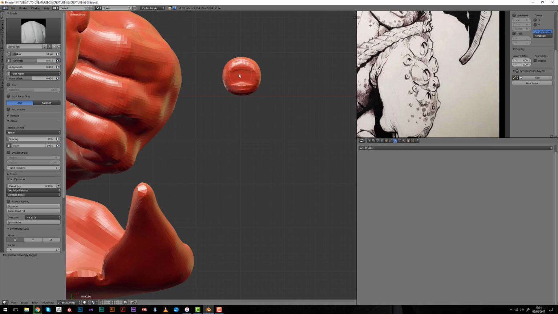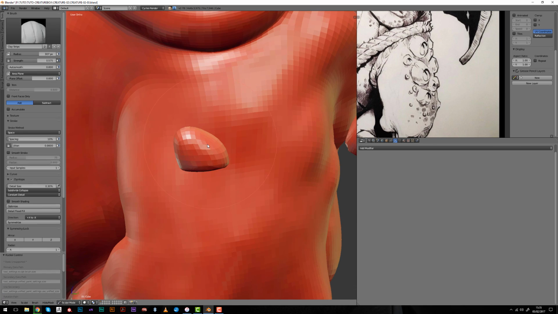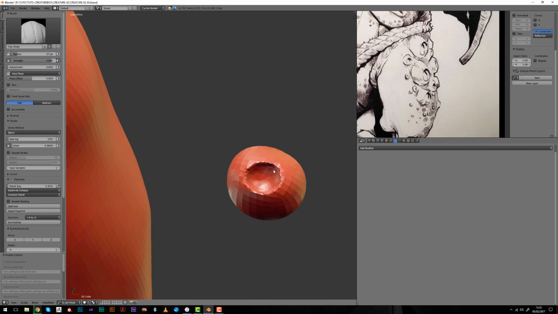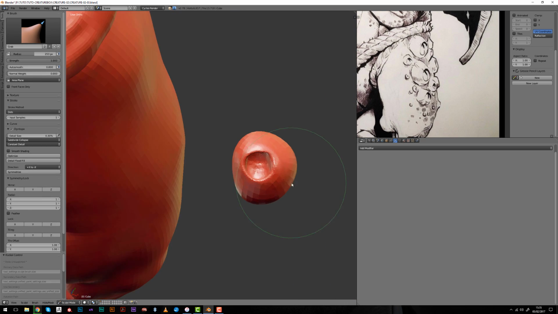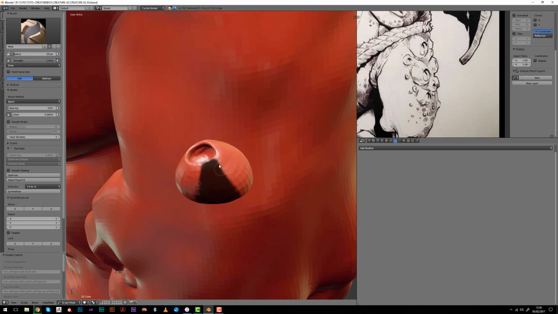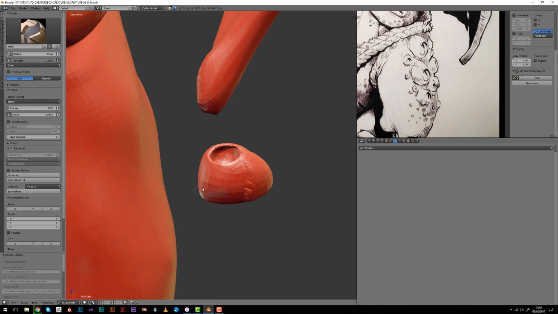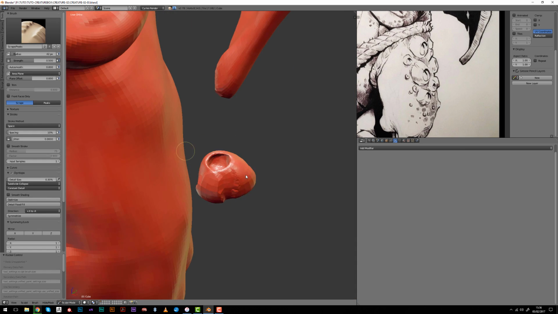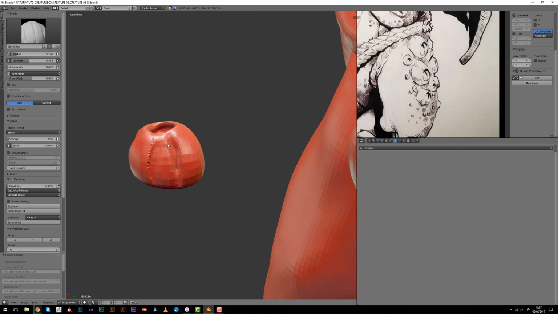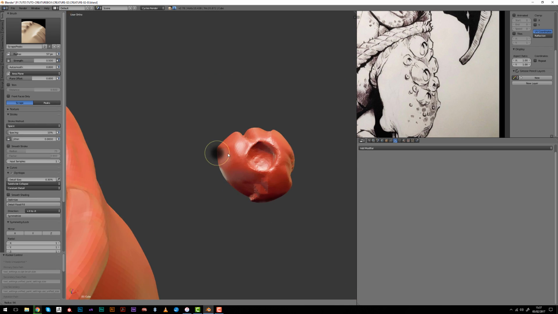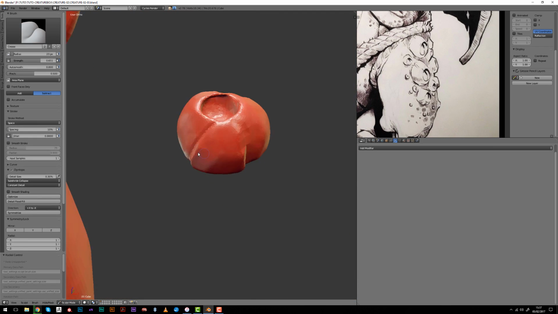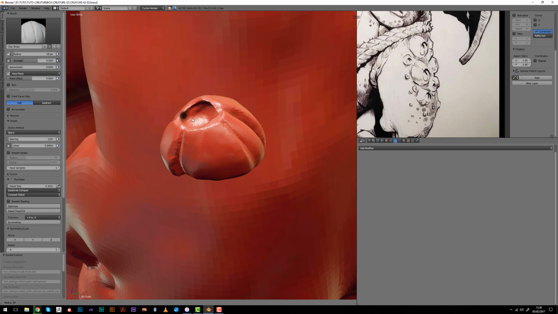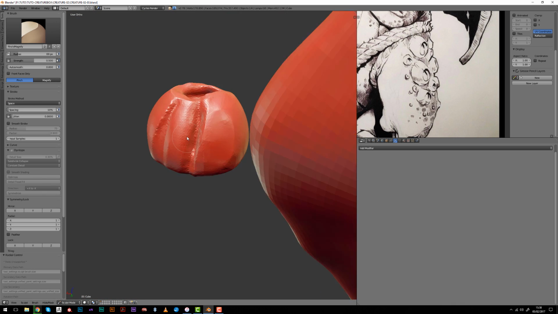I tried creating the little shells from pure geometry, box modeling them, but I was not successful with this, so I decided to go as usual with dynamic topology first, retopology, and then projection, because I feel like I have more freedom and it's easier for me to do it this way.